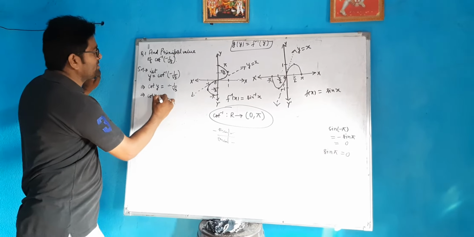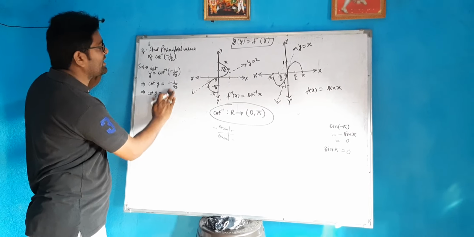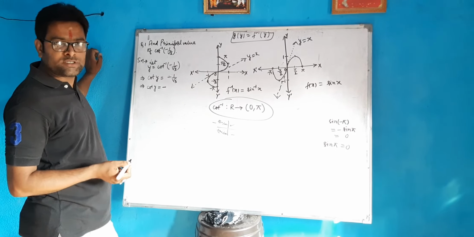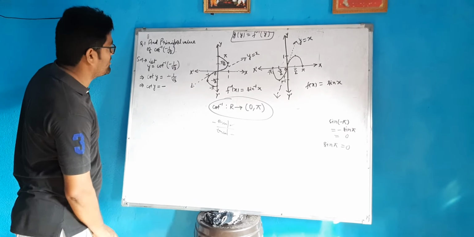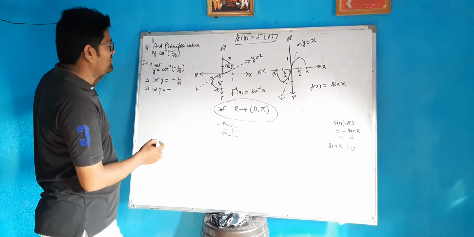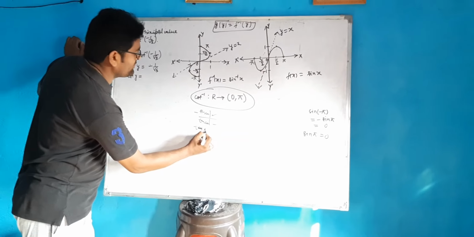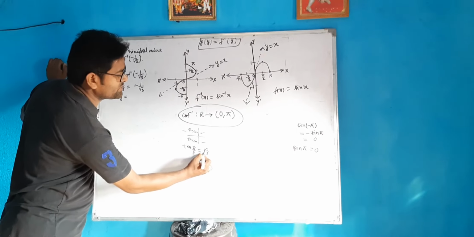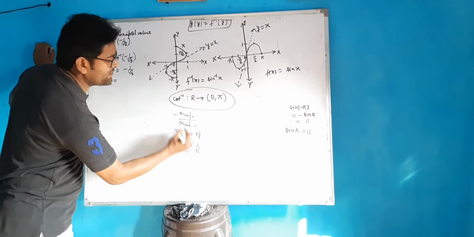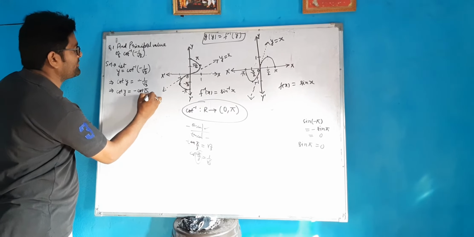So I will change it in this way. Now for what value do we get 1 by root 3? Tan 30 is 1 by root 3, so cot 30 would be root 3. Sorry, everyone: for tan pi by 3, what do we have? For tan pi by 3, we have root 3, so cot pi by 3 will be 1 by root 3. So pi by 3 will work here, and I can write it as minus cot pi by 3.